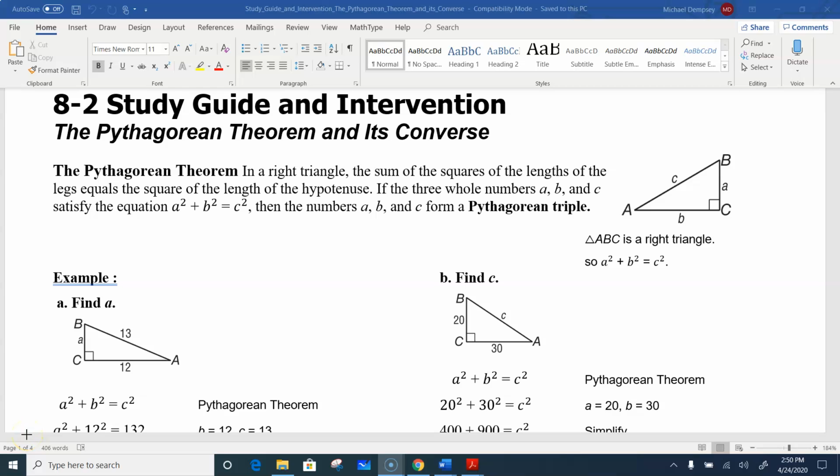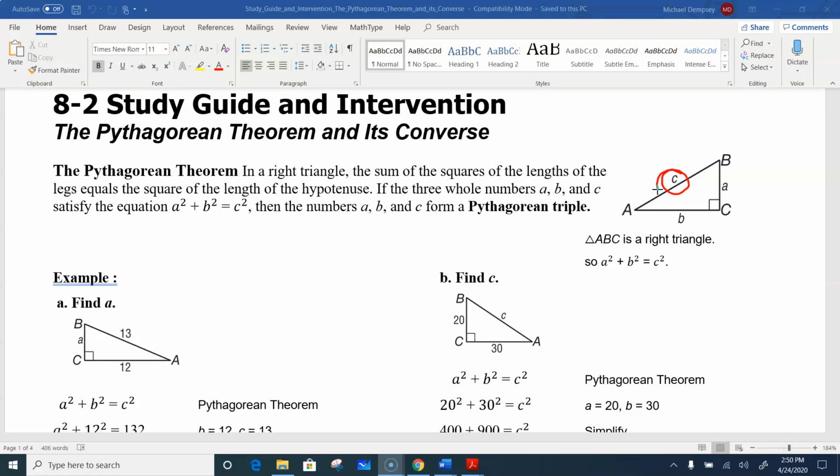Okay, so section 8.2 focuses in on the Pythagorean theorem. Really practical use of right triangles. When you think of applications like in building or ramps, you can see right triangles everywhere you look. Okay, so the key here is going to be that we have these three sides, and we need to look